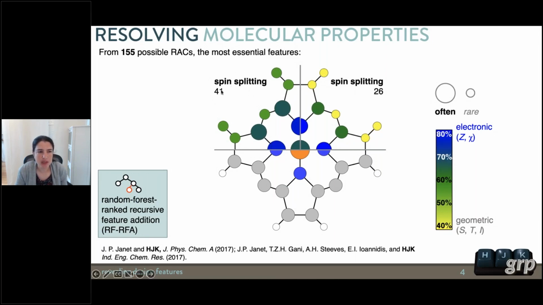And the difference between this set of 41 features versus this set of 26 features is just a tighter cutoff on the random forest aspect of the recursive feature addition. Where this gets interesting is when we contrast this observation with other properties, such as what does it take to